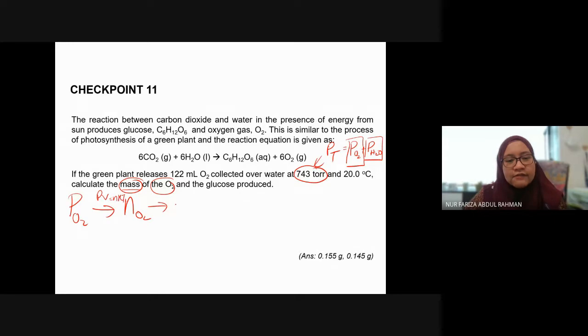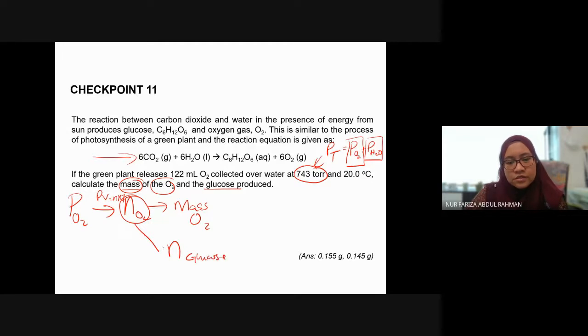And we can calculate for the mass of oxygen. But the question is also asking for glucose. This is what we call stoichiometry. That's the reason why the question gives us this balanced equation. In order to know the amount of glucose produced, you need this N. You need the N of oxygen, because we can relate from the balanced equation in order to get the N of